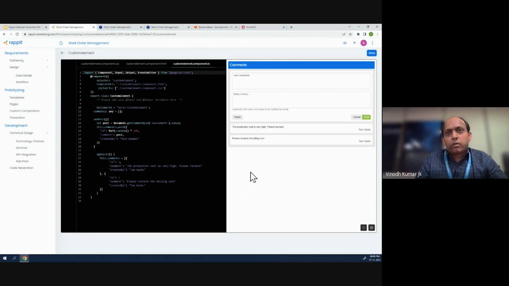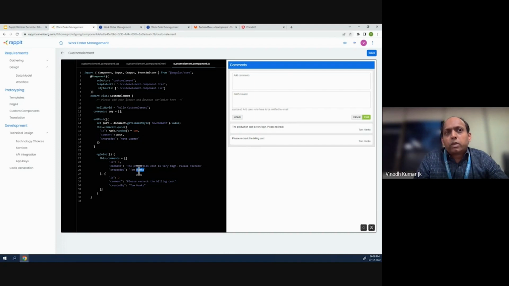So this is one example of a front end component created. For example, there's a comments component needed in this application in many places. So the developer, in this case, the consultant is asking a developer to come and build a feature which is not directly available out of the box from Rappit. So you can build it and incorporate that into any of your existing pages that you created. In this case, for example, you create a component, and this is also something that you can directly